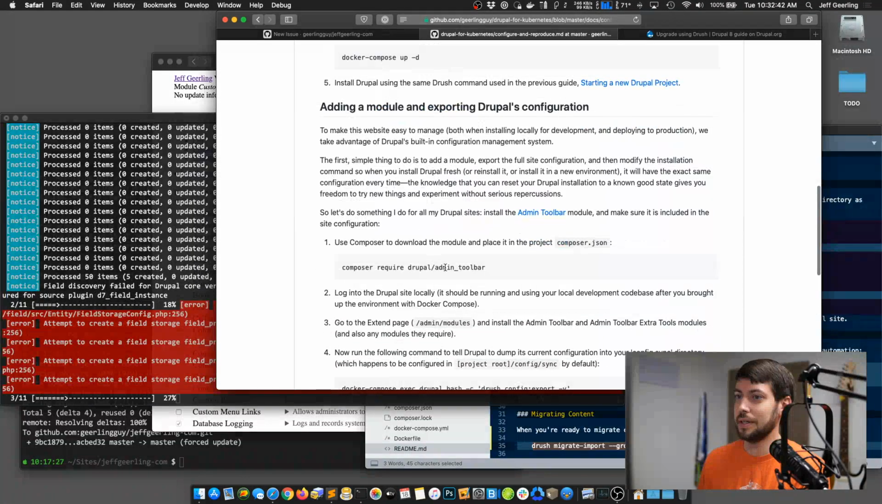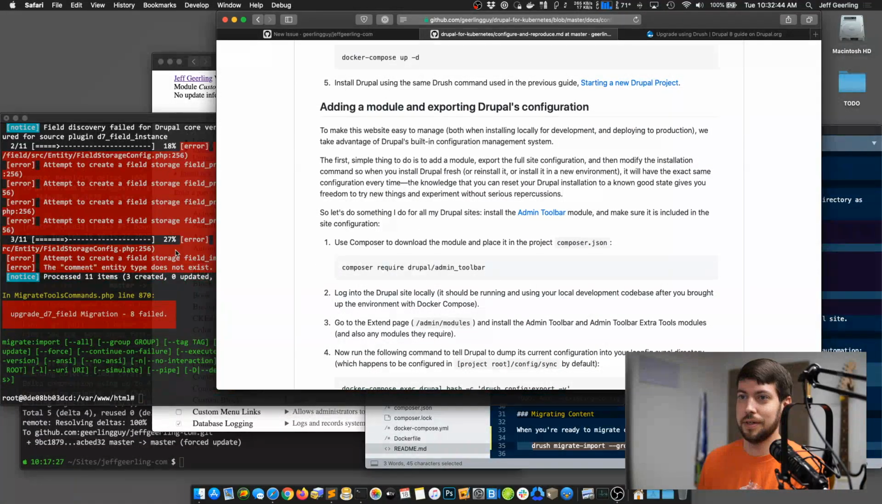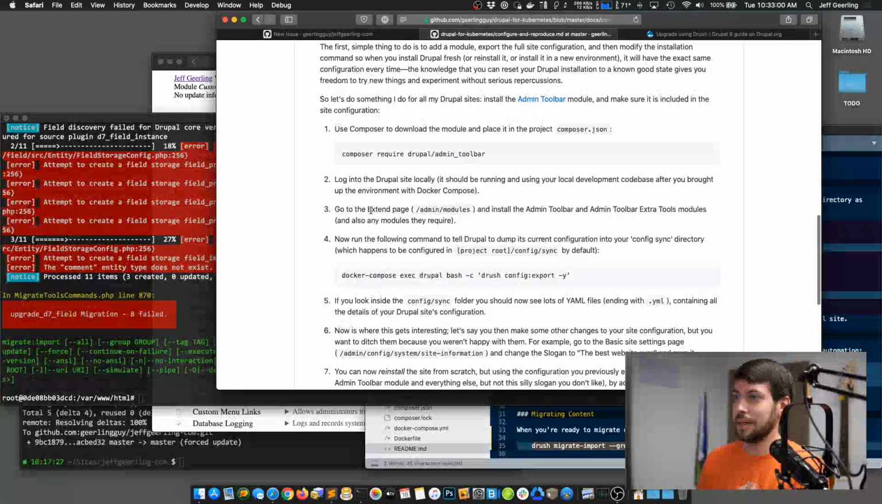So I added, there's a few errors here. We'll look at those in a second. Let's get to here so that we can actually start tracking the configuration. We're going to use Drupal's built-in configuration management system. It's nice to have the admin toolbar module. We'll enable that later at some point. Go to here, add those modules. We already installed some other modules. Now I'm going to export the configuration here